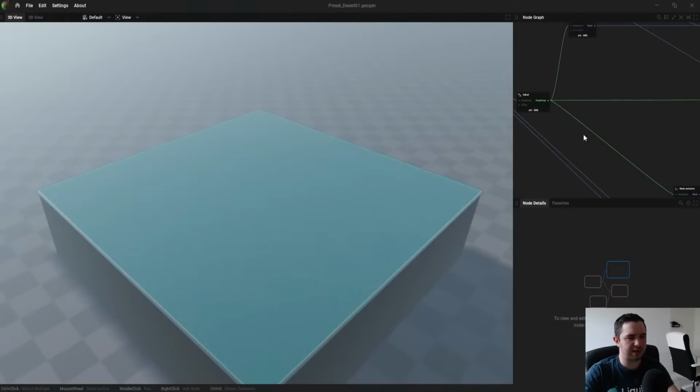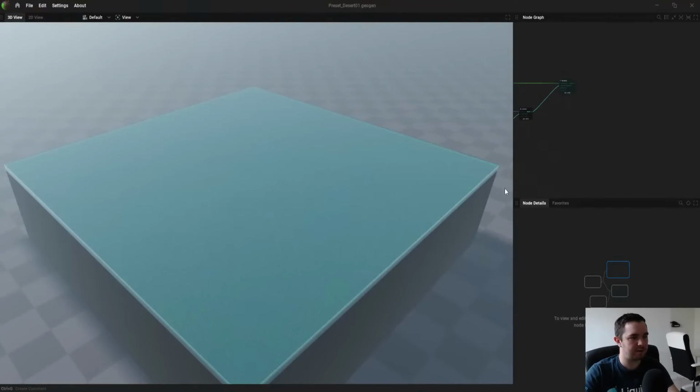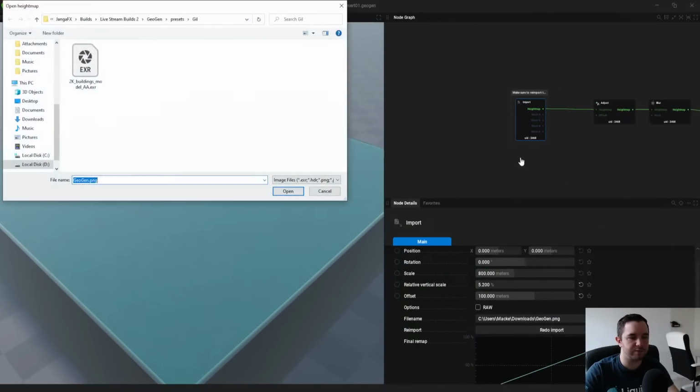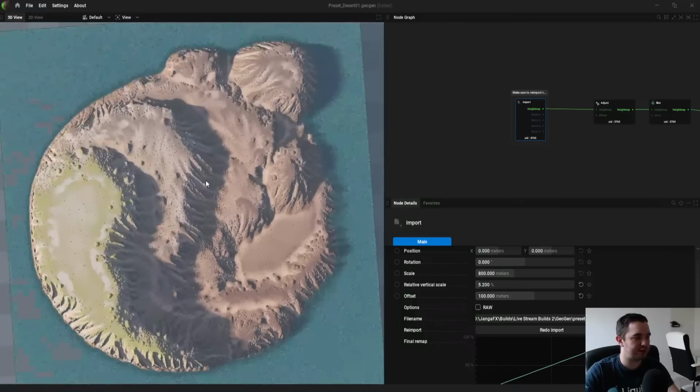And this one's taking a little bit of time to load. Some of them from Shirk take a little bit of time. I think I have to import a height map here. So let's go ahead and just do, which I tried to save these, but for some reason it did not save. So in this case, we're importing the GeoGen logo and then coloring it and everything